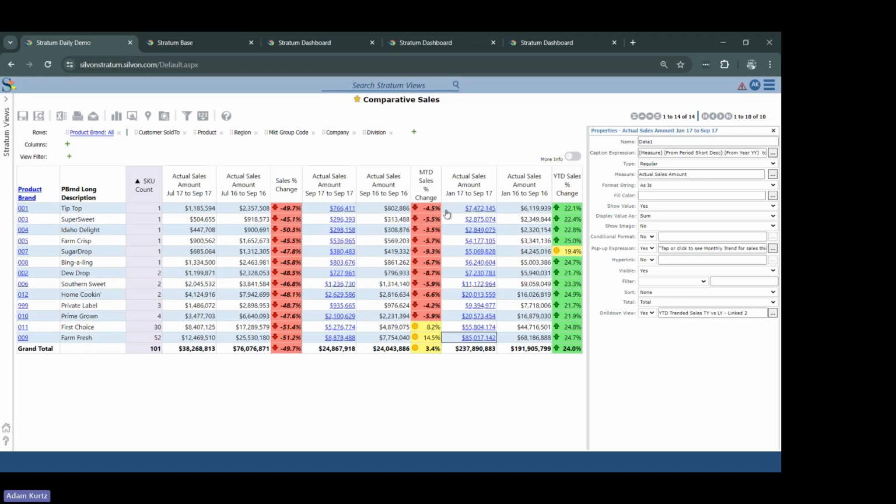So again, I'm taking the user to two different views from this one view. That's because now I'm able to add in the drill down view to each column if I wanted to. I probably wouldn't recommend it. That's probably a little bit too much, but in this case, you would have to exercise your discretion,